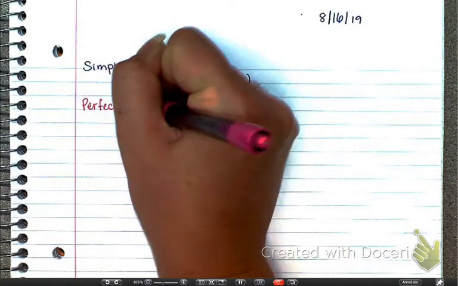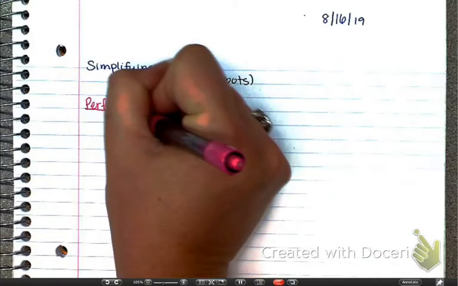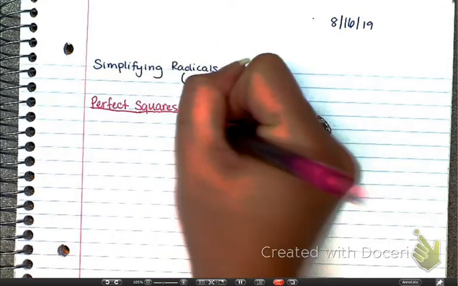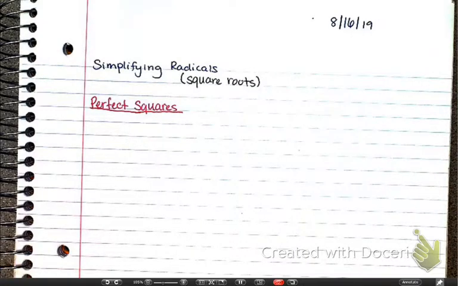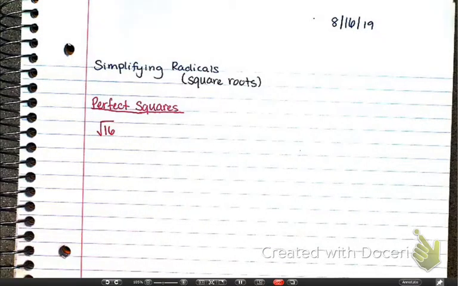Anyone know what a perfect square is? Or can you give me an example of a perfect square? Three squared? X squared? Okay, let's just deal with numbers first. Let's not deal with variables because we're going to get to variables in a second. Okay, so if I asked you what the square root of